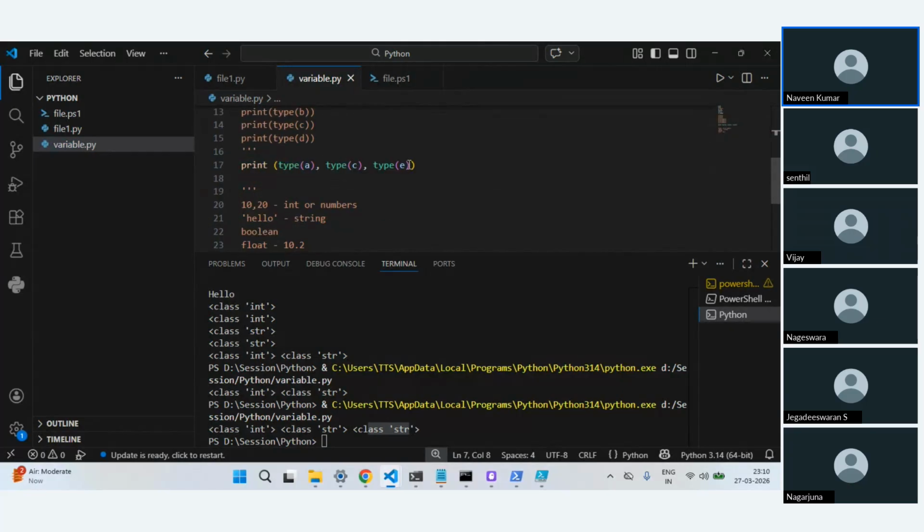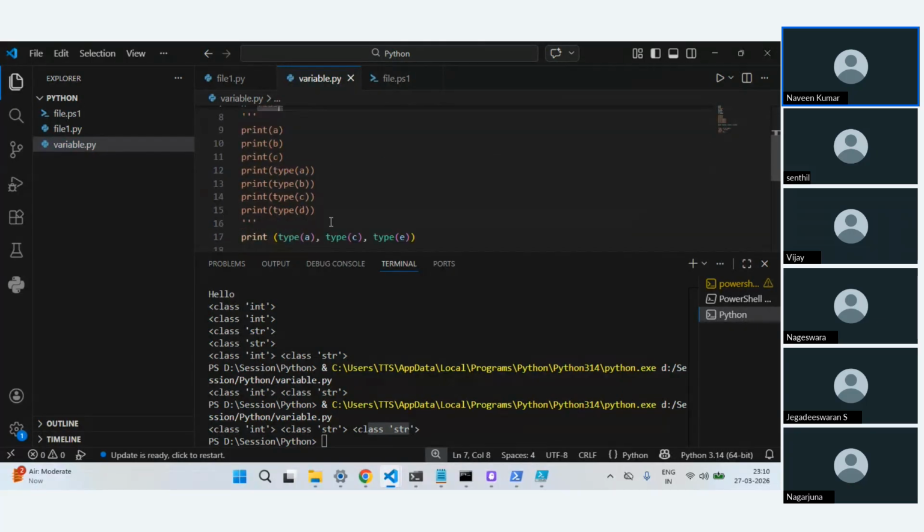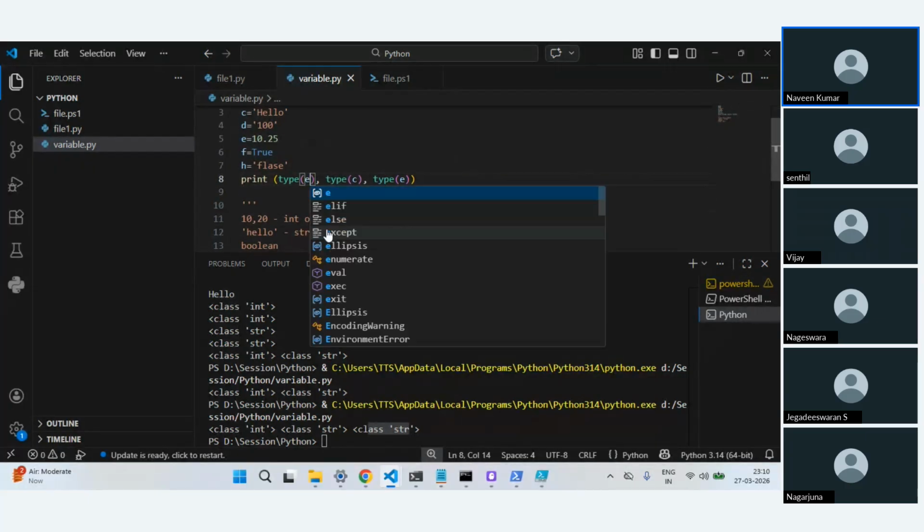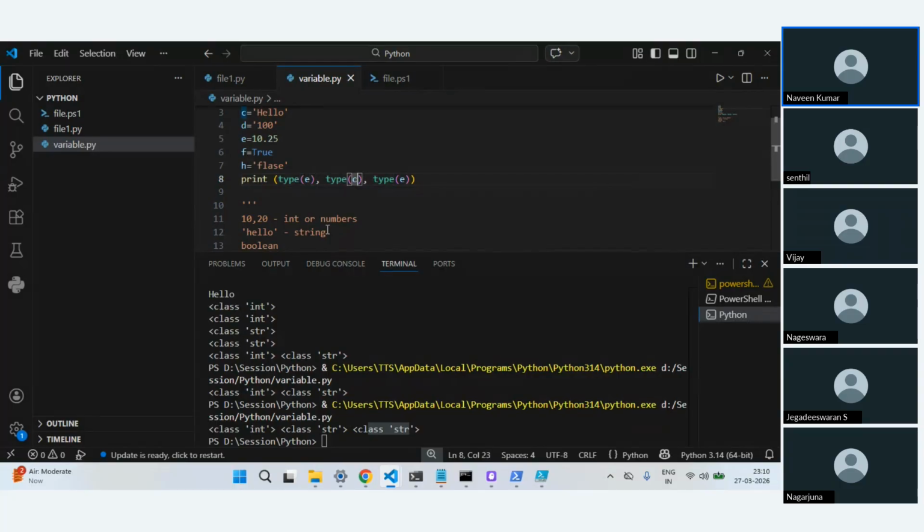Now I'll remove all these other things so that it will be easy, and you can read what I have given. And we'll go with E, F, and H.